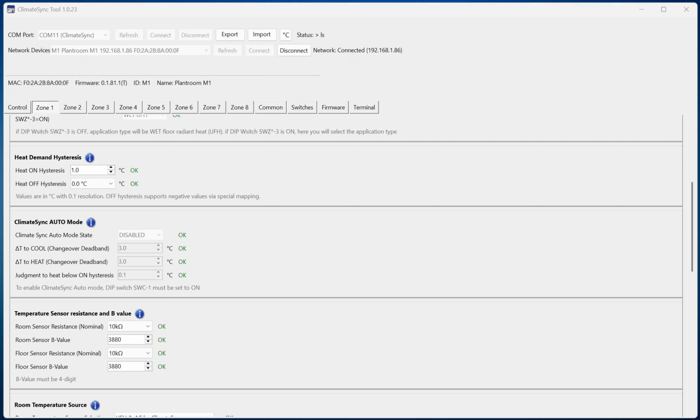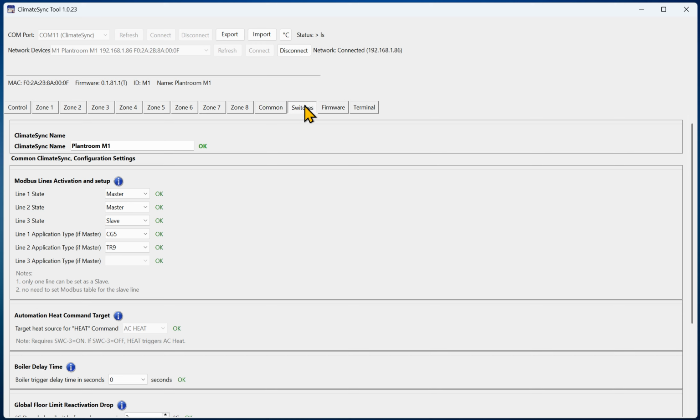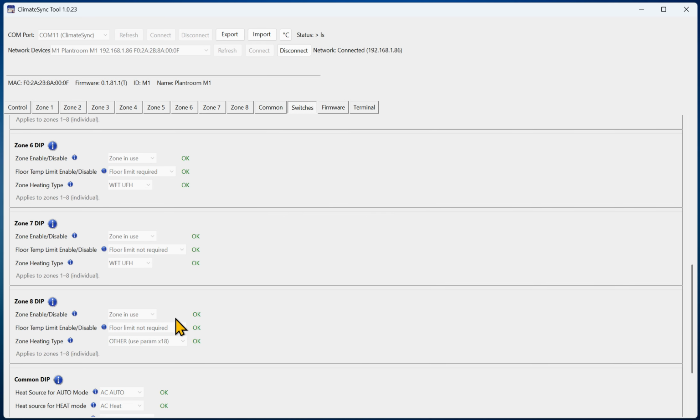ClimateSync configuration tool. In this session, we will look at the ClimateSync auto mode. We can have AC auto, or we can have ClimateSync auto. AC auto means the auto mode will operate AC cool, AC heat. At the moment, that's how it's configured. And if we go over here, for example, to auto mode, we're going to see it's auto AC cool, auto AC heat. And that is because the dip switch number 3 is the